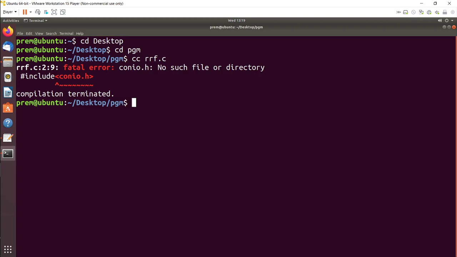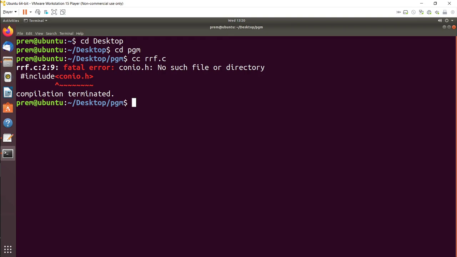First, let us see why we are getting the errors. Let's have a short revision. The conio.h that we have used, under which the clear screen function and the getch function were used. Now Linux is not reading conio.h. It is simply saying there is no such file or directory.